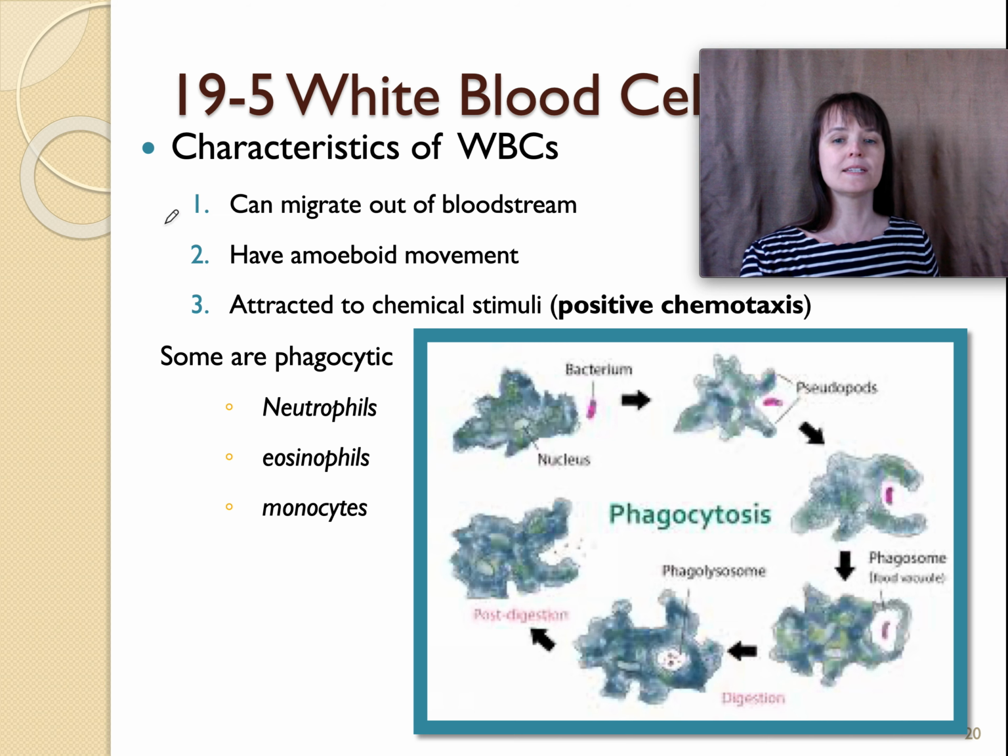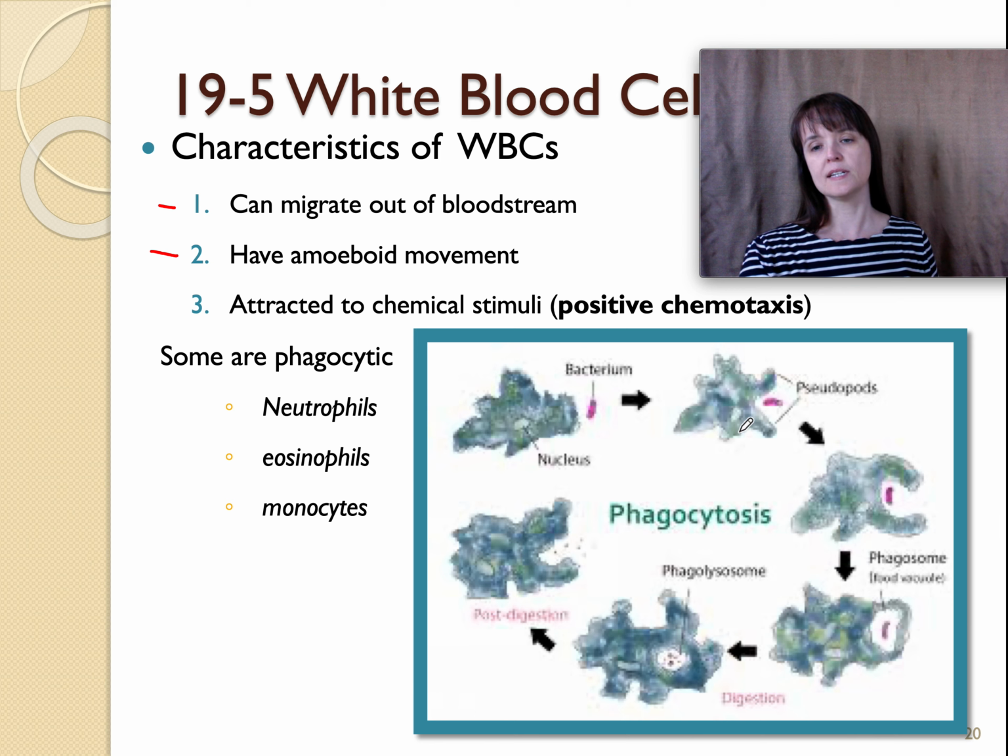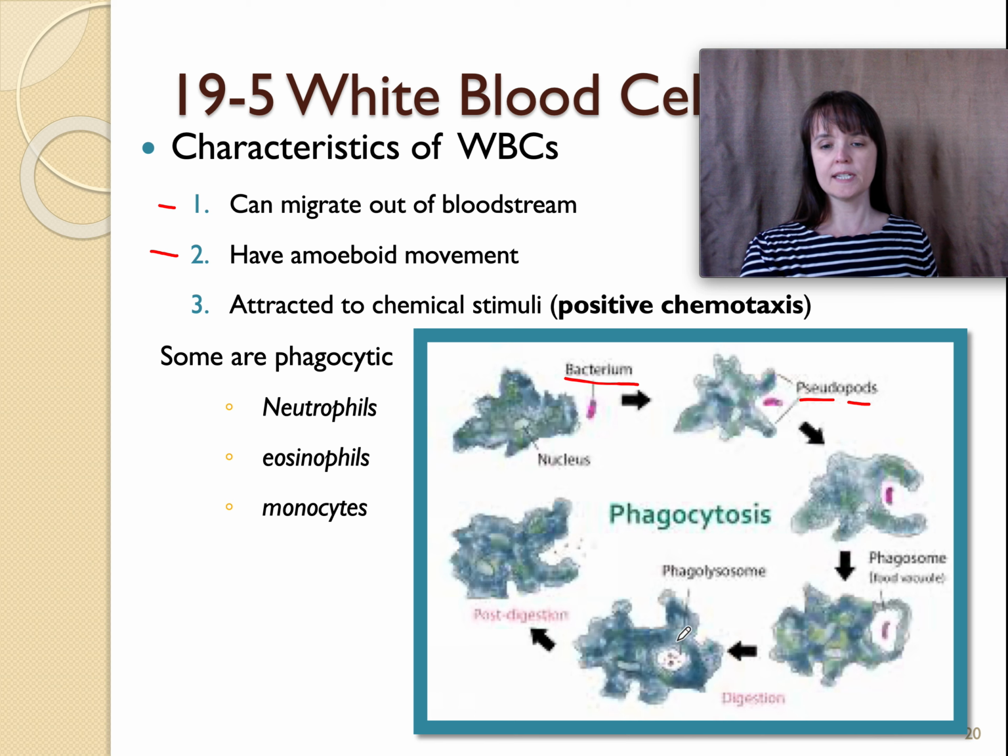So, characteristics of white blood cells. They can migrate out of the bloodstream. They have amoeboid movement, and I have a picture here of phagocytosis, which is amoeboid movement, where the little pseudopods, pseudo means false, pod means foot, come around and surround the bacterium, in this case, and absorb it and combine with a lysosome to make a